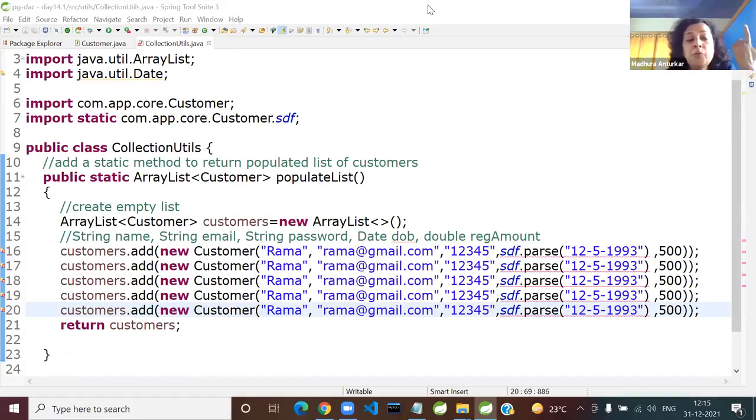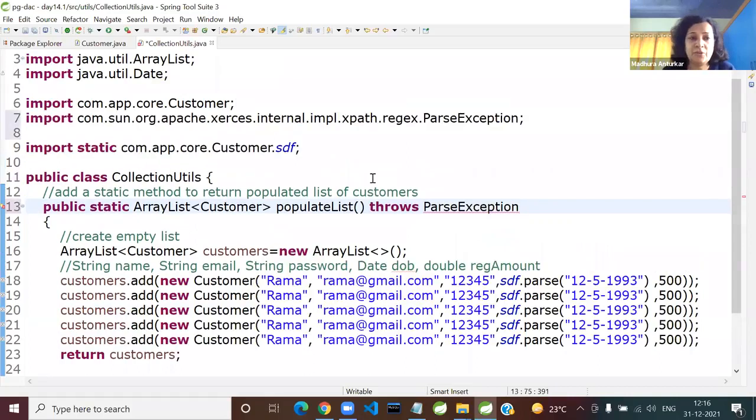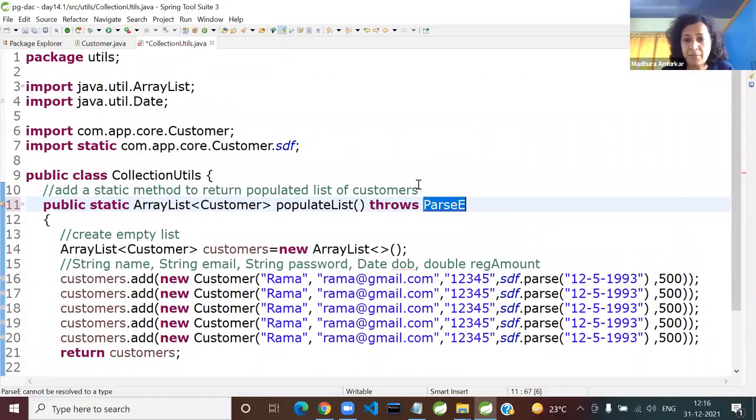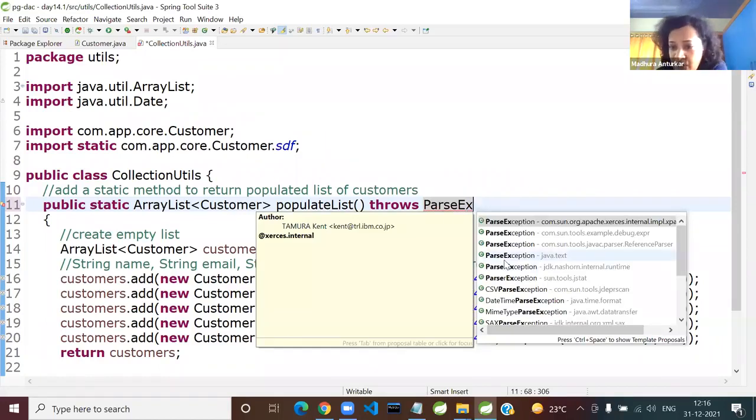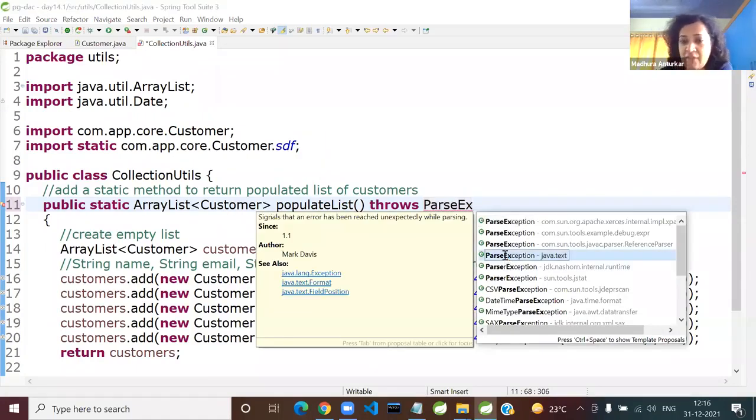So tell me, do you want to handle it here using try catch or do you want to delegate it using throws? You want to do the delegation because we'll be having one single try catch in the tester. So simply add here throws ParseException. Oh, look at this. I got a ParseException from the wrong place. When you say control space, check it carefully. Pick it up from java.text.